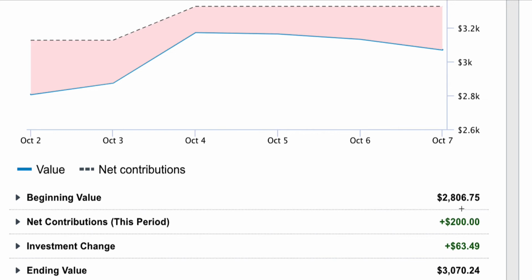Even though it's been going down, I think it's a great time to buy. So I'm not concerned. I know it's temporary. With these market fluctuations, you can't base everything on daily performance when it comes to long-term value investing. So I added $200 to my account, and the investments changed, so the account gained $63. So I was very pleased to end this week with an ending value of